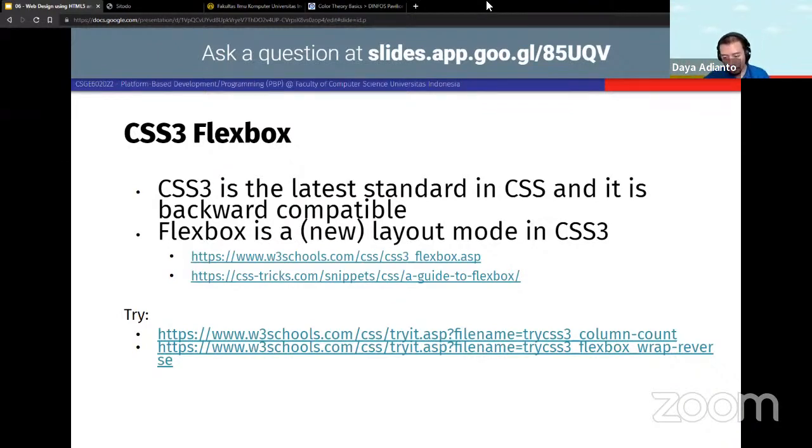So since there is a lot of variation in window dimensions across various devices, the latest standard in CSS to provide positioning is what is called flexbox. But as a disclaimer, I'm not familiar with how flexbox works on the web, but at least I have coded flexbox in a mobile application. So to give you one example,